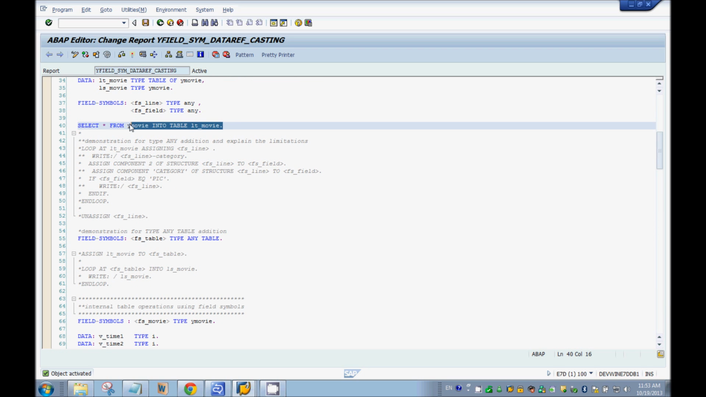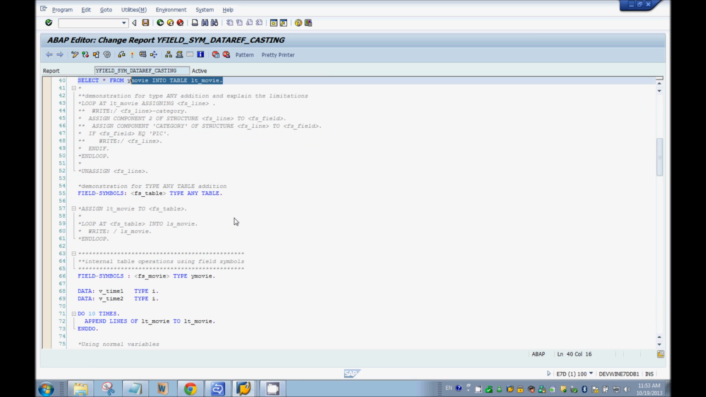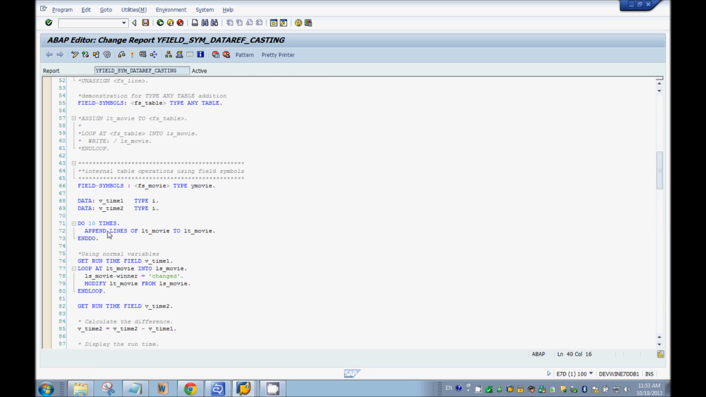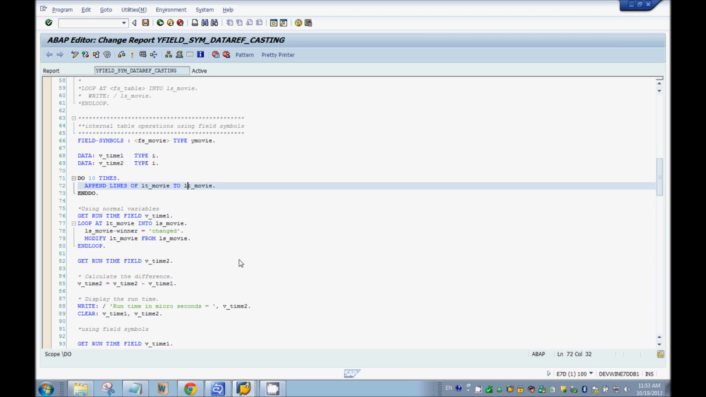So what will happen is, let's say this has 10 entries at the beginning of the loop, then it will be 20. Then I'm adding the 20 again to the 20, so it becomes 40, and then 40 to 40, 80. So there will be a lot of entries in this internal table. And to measure how much time it takes to process this internal table,